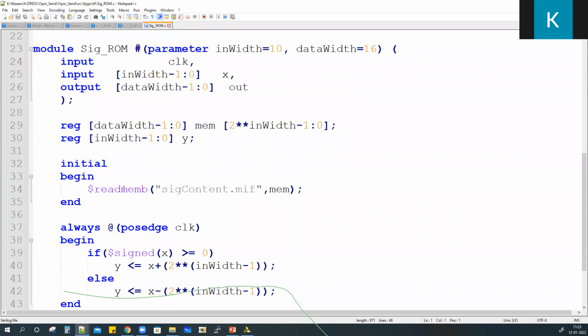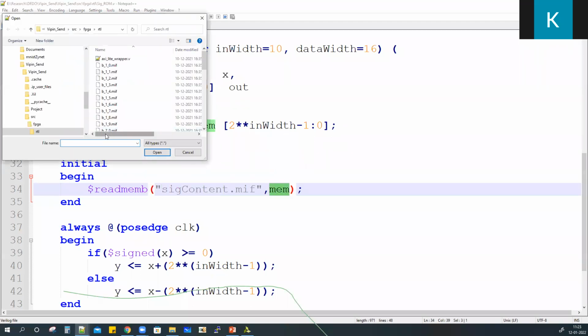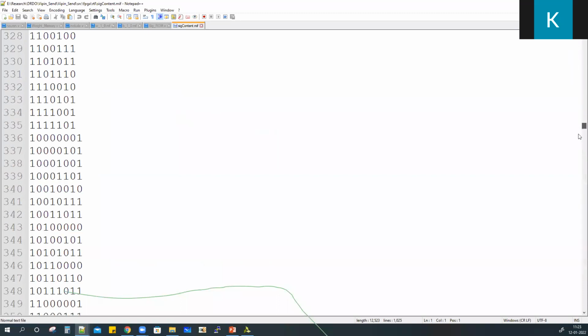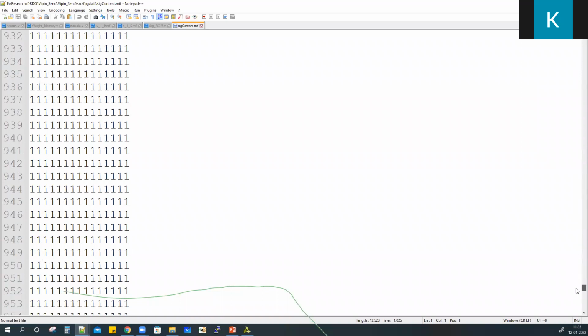Similar to weight memory, I have pre-calculated the sigmoid values and it is just reading them from there. You'll see the sig content MIF file. MIF stands for memory initialization file. That is highly specific. The extension should be MIF and each line represents the data at each location in a memory. So this is the content of the sigmoid memory.